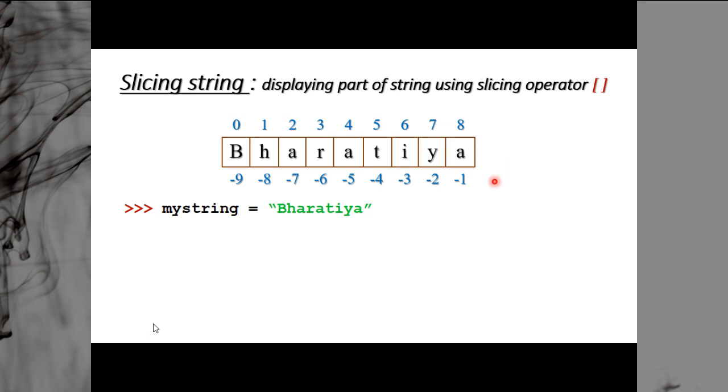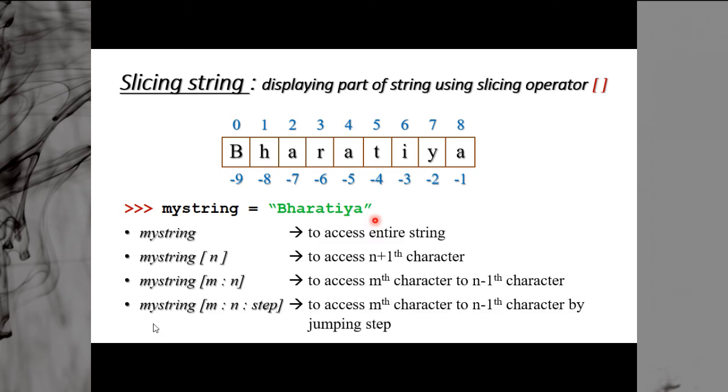This is basically a sequence, and if there is a sequence, then there must be a certain order. Here the order is your index. So you can have 0, 1, 2, 3, 4, 5 increasing order index, that is the forward direction, or you can have negative index, that is the backward direction. Suppose I want to access my_string[4]. my_string[4] is A. And at the same time if I say my_string[-4], it is T, right? So this is how index plays a role in accessing the string.